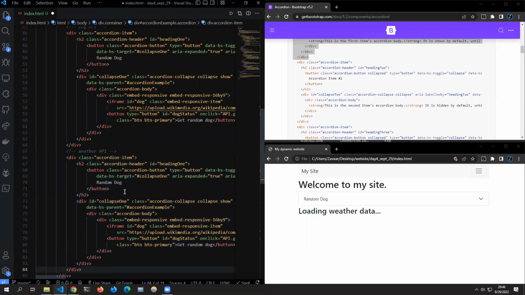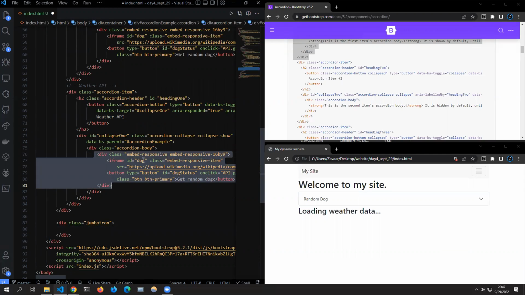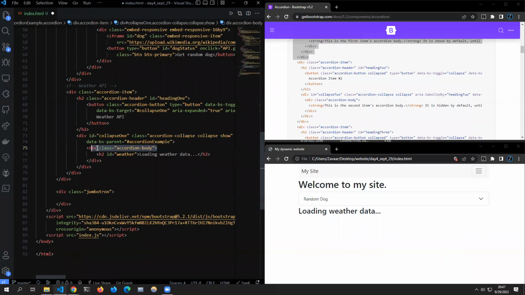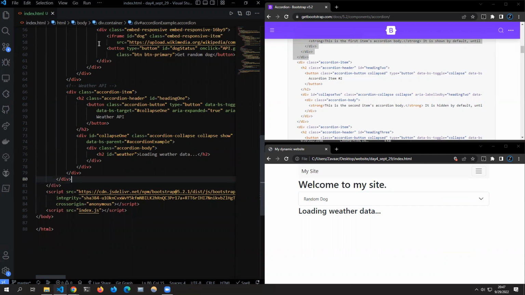Nuts. And then this is going to be the weather API, which I don't know if we're going to have time to work on today. And then I'm just going to move everything within the weather status and replace that with what we pasted in earlier, straight into our accordion body. And again, the weather API is not going to work because